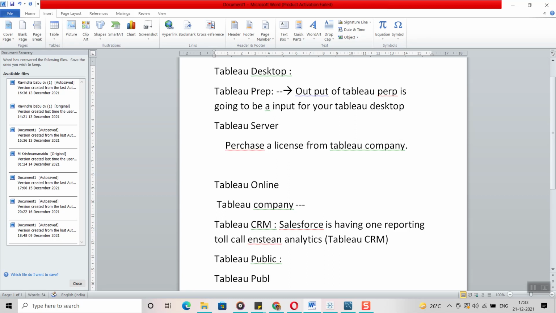Whatever we have created using Tableau Public, the report should be published to the Tableau Public server.